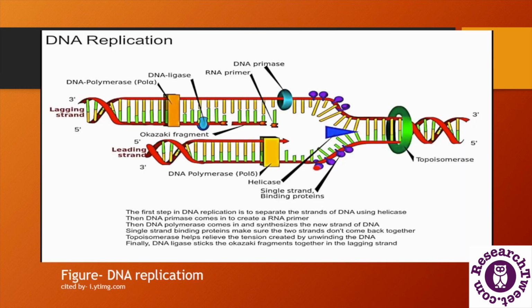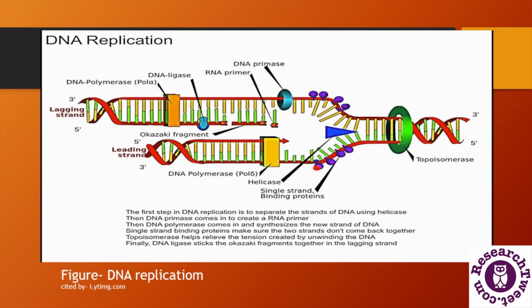Now with the help of this diagrammatic representation, we will understand the whole process of DNA replication and also recall all the enzymes involved in this process. Here we can see the double-stranded structure of DNA and elongation of the DNA chain. Here we can observe the topoisomerase enzyme, which has the ability to unwind the helical structure of DNA, and then the helicase comes and breaks the hydrogen bonds between two nitrogenous bases of DNA.